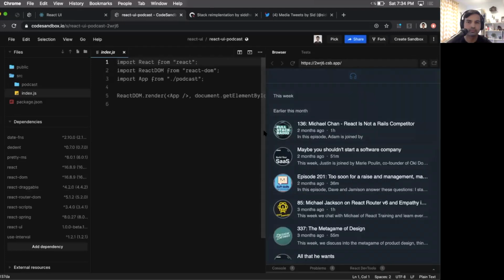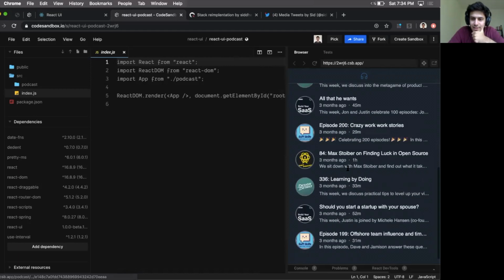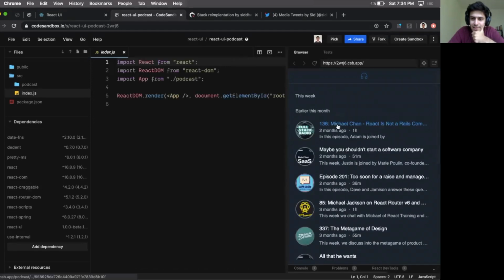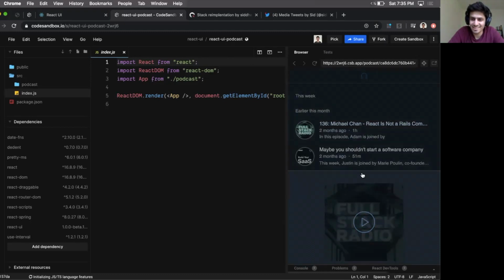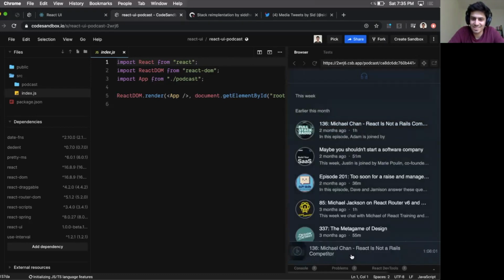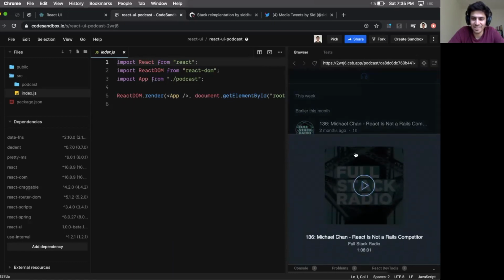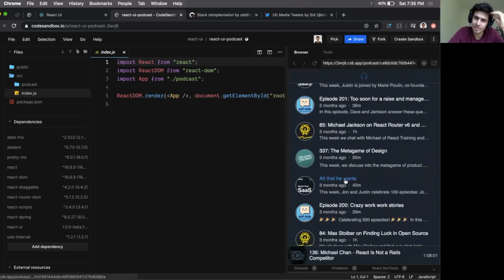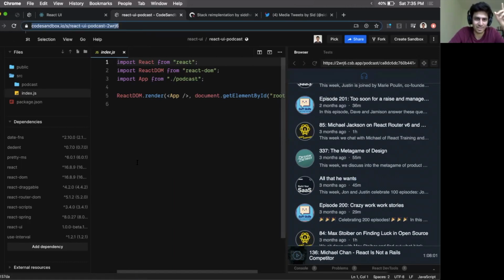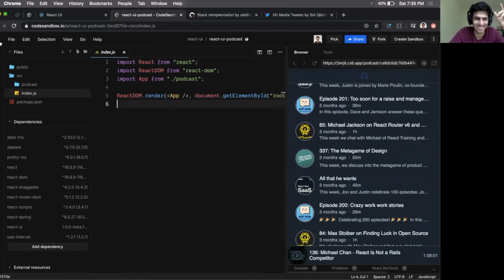There you go. So I was using React UI to create this, and then I got excited and used a bunch more things. There's a drag animation, so I've tried to combine it with, I think it was React Spring, because I wanted to see if React UI can play well with other libraries. So this podcast application uses React UI and React Spring, but there's also this other application.